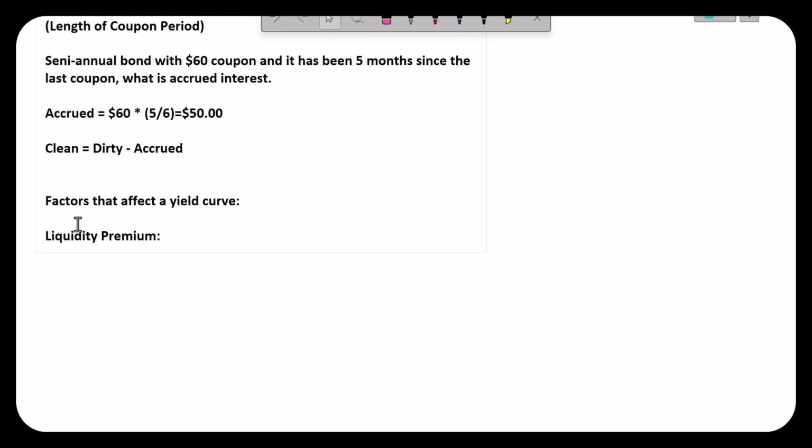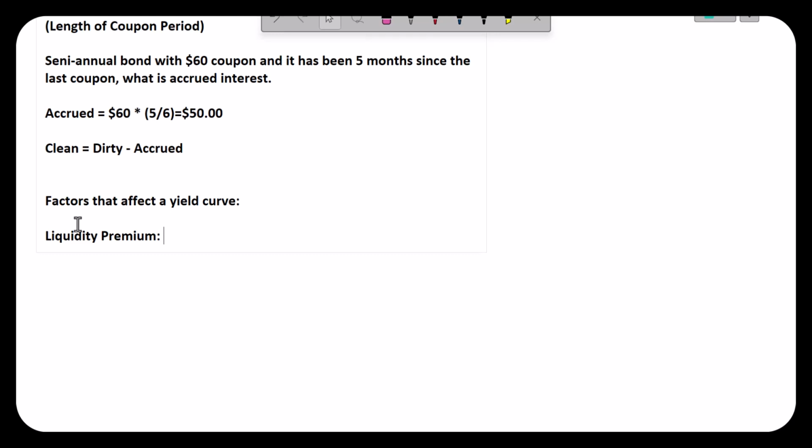If you bought a 30-year Treasury bond for $100 million, it would take you less than a second to get rid of it. Even $1 billion shouldn't be a problem because the size of that market is over $20 trillion. But if you bought $100 million of Apple's 30-year bonds, it may take you a while to get rid of it. If you want it quickly, you're going to have to get a haircut. So it is not as liquid.